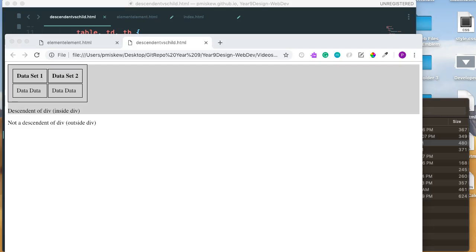Hello, in this web development basics, we're going to look at two CSS selectors. That is the Descendant and the Child Selector. To illustrate the subtle difference between these two, we first just have to understand this simple page that I've